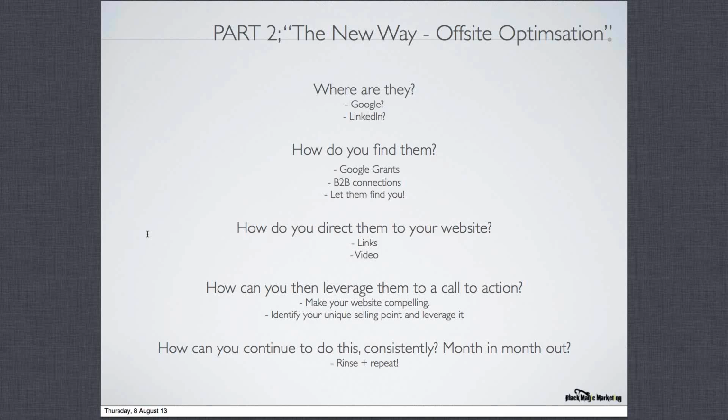So your website's got to be compelling. Identify your unique selling point and leverage it. And this is very much an iterative process. People build their website and leave it, and when it doesn't convert for them, they sort of throw it out the window as a lost cause. But it's not necessarily a lost cause. You just haven't hit the psychological trigger points that your ideal audience is looking for.